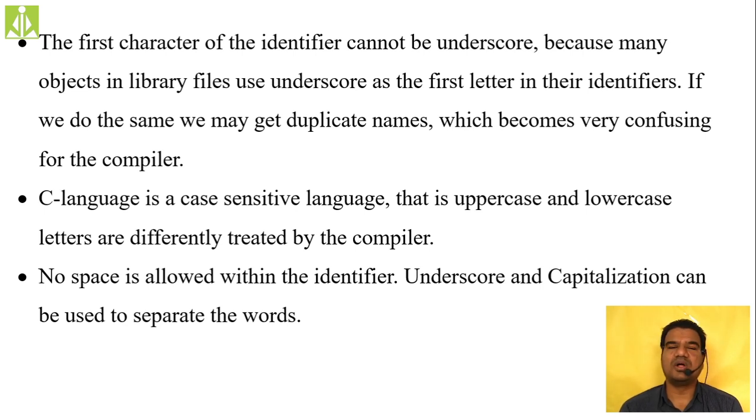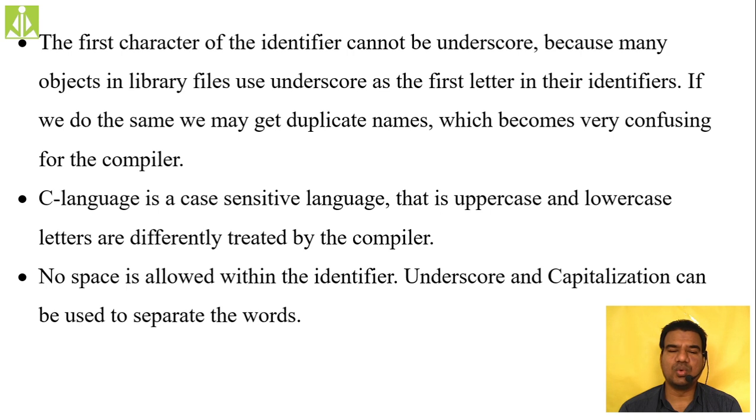So if you also take a variable name or an identifier starting with underscore symbol, then what will happen? There will be an ambiguity. There will be a confusion between the already existing objects and the newly created local objects. So there will be an ambiguity, and it should not come. Okay, so to avoid such an ambiguity, to avoid such a confusion, simply we are not using the underscore symbol as the first character at all.